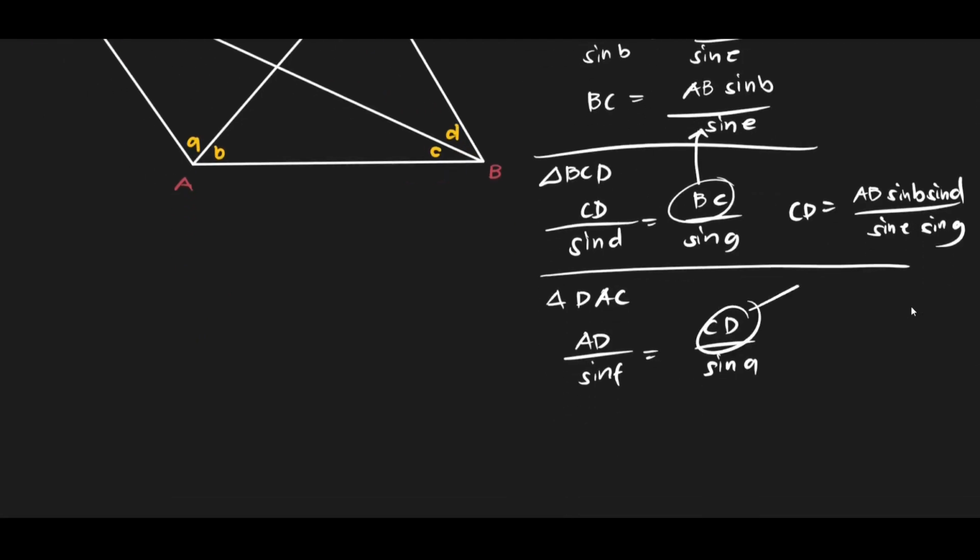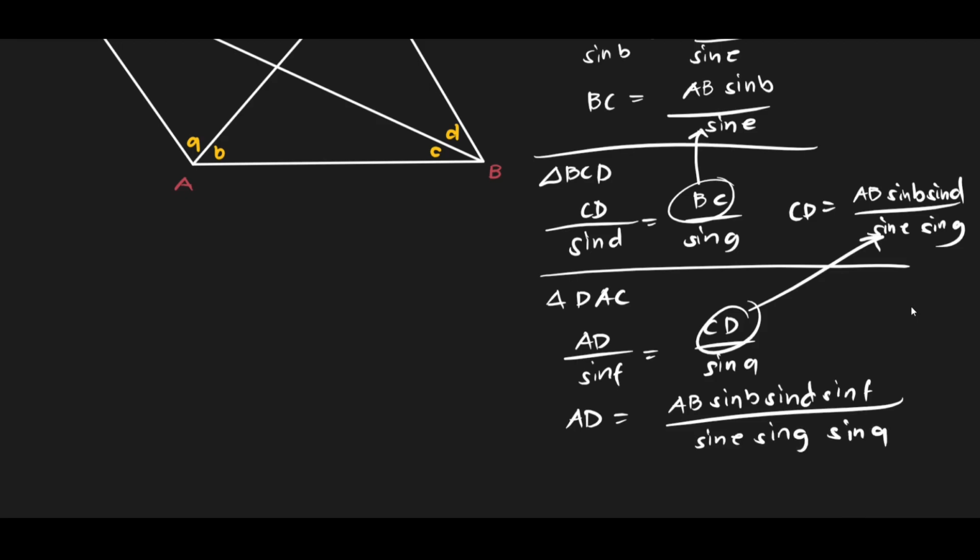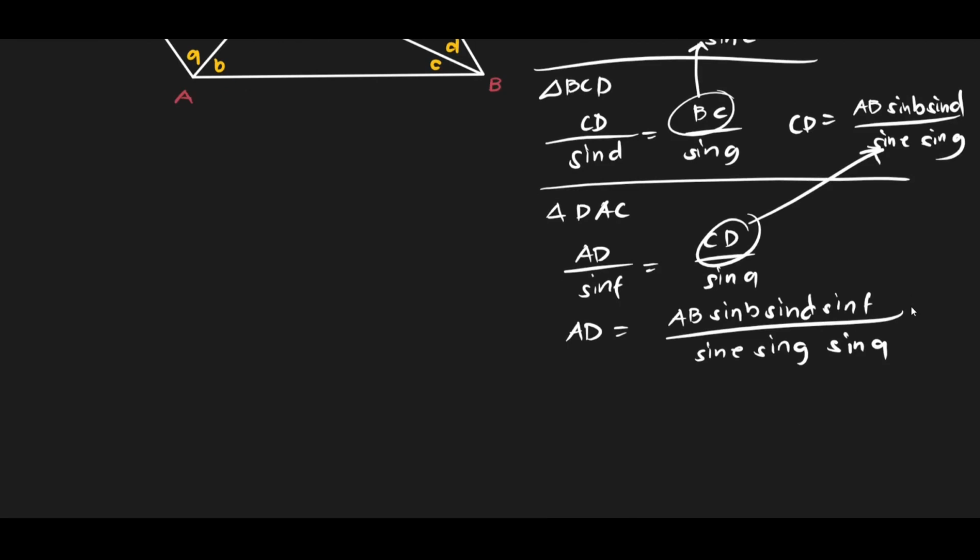So since CD is equal to this, we can say that AD is equal to AB sine B sine D times sine F all over sine E sine G and sine A. Okay, so if we use AB,